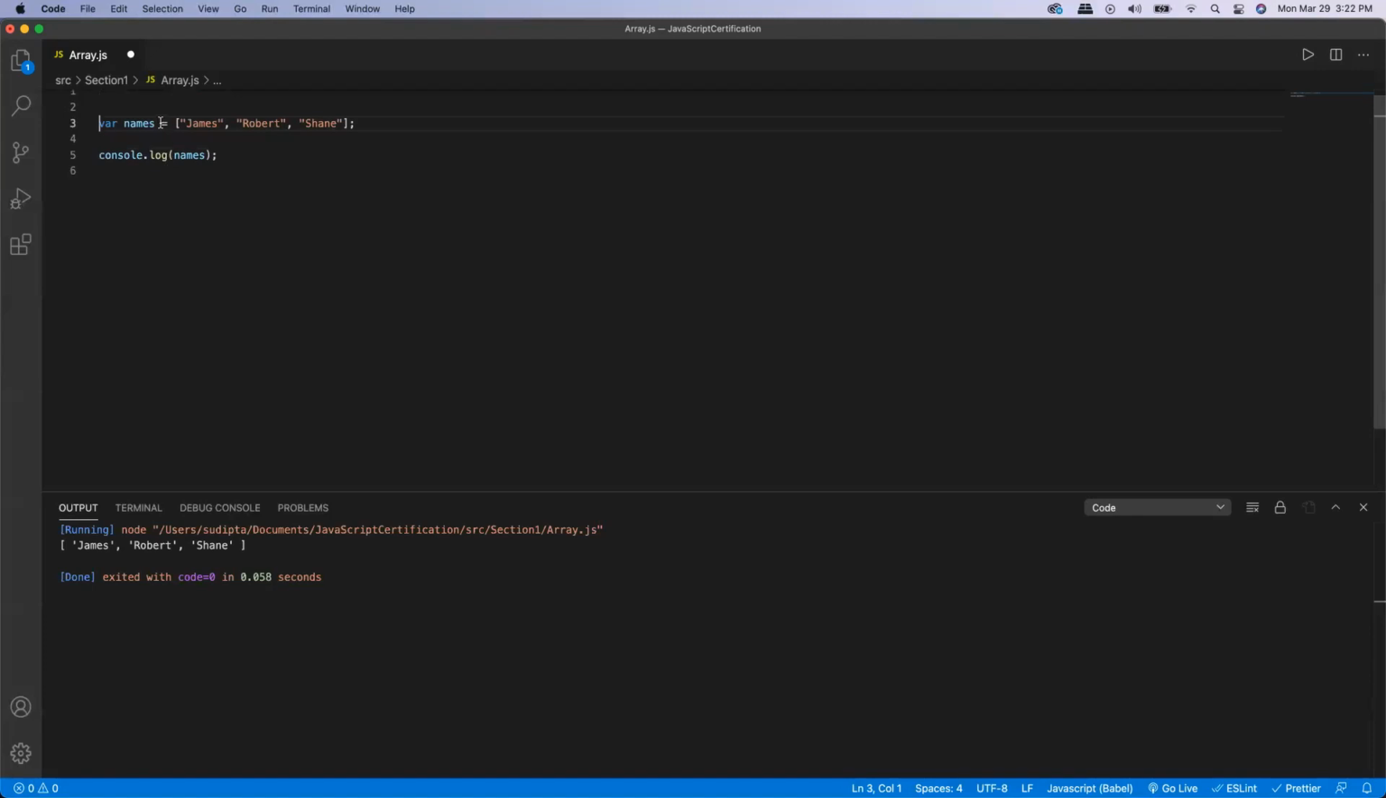There is another way we can create an array. Just declare names, do not specify anything, and then do this thing. I don't need to double click, just do this thing. It will do the same thing. And you can see here it's the same, it created an array called names, and then these are the